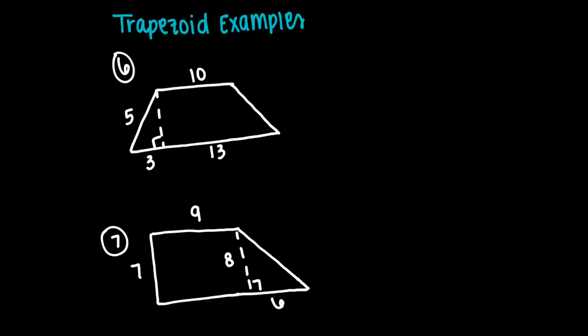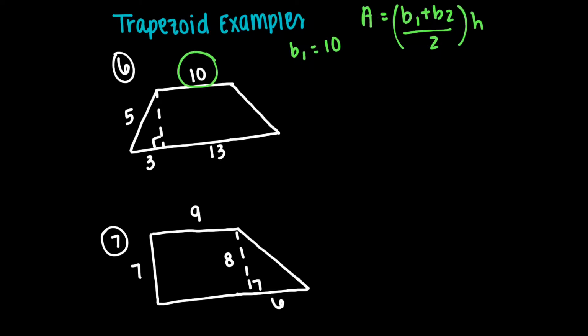Trapezoids can be difficult if you don't know what you're doing. Remember, your formula is A equals, and I'm going to use base 1 plus base 2 divided by 2 times the height. So in the first problem, the top base, my base 1 is 10. My base 2, I take 3, and I'm going to add it to 13 because they're both the solid line. There's no dashed line. So I know that my base 2 is 16,